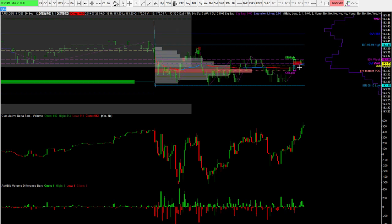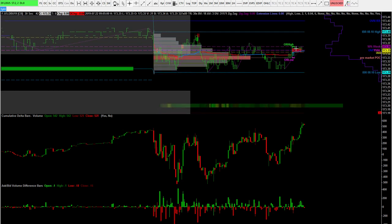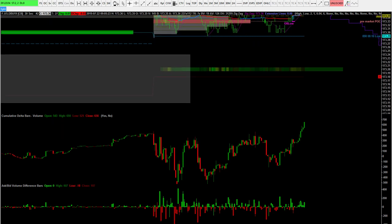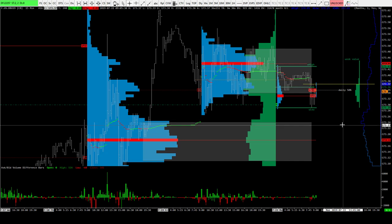If now maybe a fourth attempt to the low of this area started, then we have to see that there is really a trendish increase of delta and volume once they cross this area. Only this would be a sign for a trendish, shortish move, which could lead prices back to the 173.24 or 18 area. Okay, just for the understanding. This is not happening right now, but to learn,